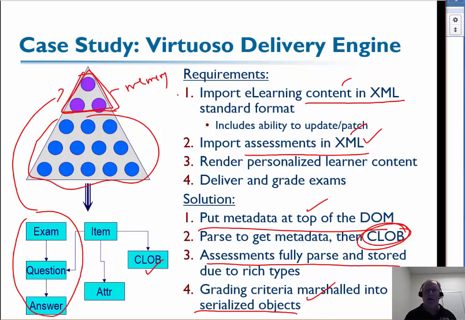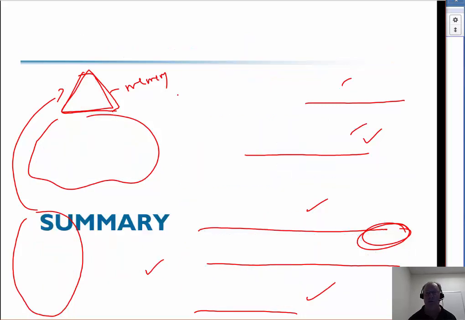I'm not saying that's how you do it, period. I'm saying for this particular set of requirements, where we had to build an e-learning platform, that was how we did the design in order to minimize cost based on the expected query patterns. So there's no one right way out of the different options I've given you here. You have to know your requirements. You have to come up with a design that will satisfy those requirements. You should track your query patterns over time, just like you would with a relational database, like we talked about in query optimization, and see if you need to restructure your XML, or at least how you're storing your XML and retrieving it, in order to optimize your performance.